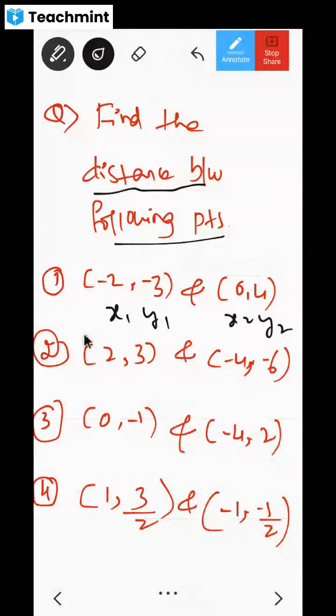Now, what do you mean by non-collinear points? Non-collinear points means the points which do not lie on the same line. If I take points like this, for example, here and here and here, or you may take somewhere here also. Now, are they lying on the same line? If you want to draw one line here, are they lying on one line? No. Look at this. If you draw a line like this, these points will be lying on the same line. But how about this point? So these are called non-collinear points or not?